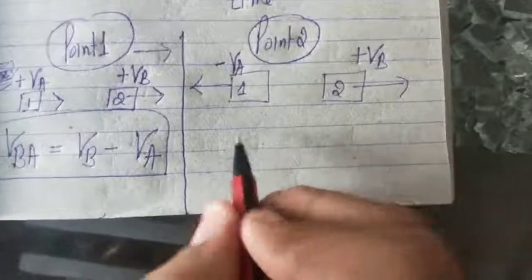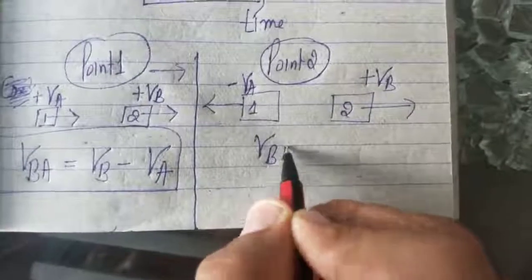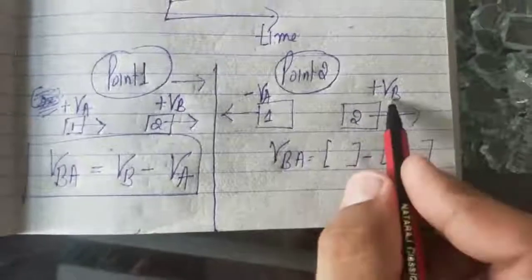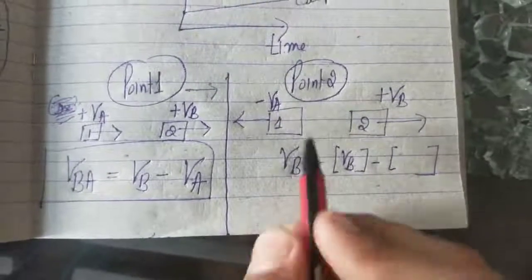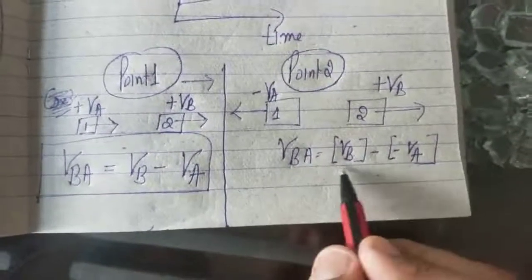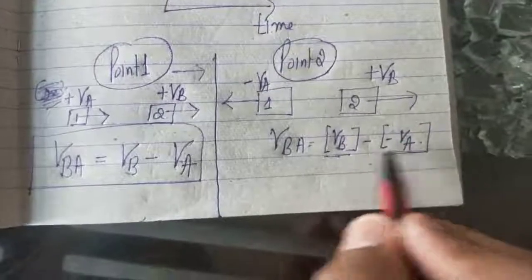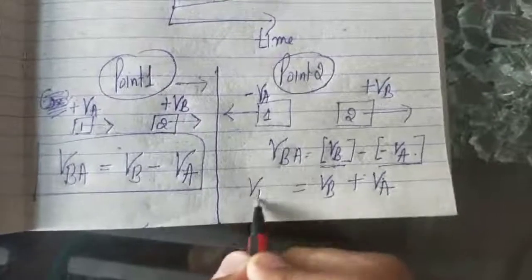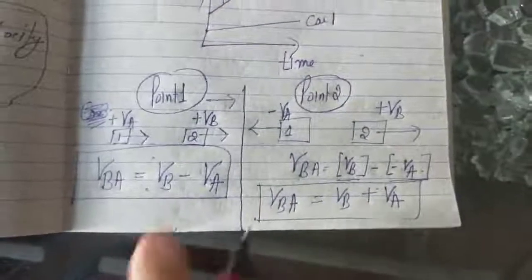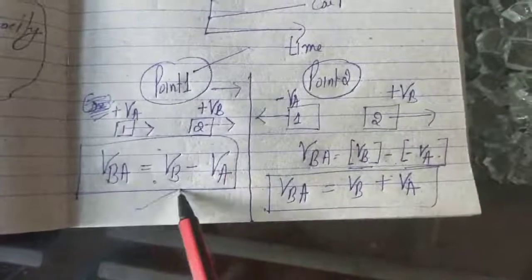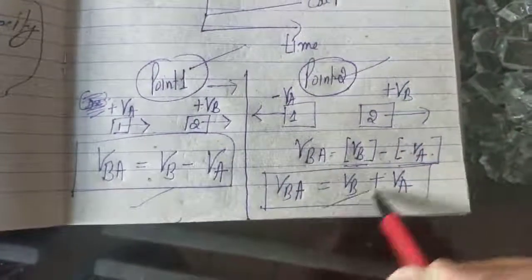So what is the relative velocity of B with respect to A? Velocity of first minus velocity of second. So what is the velocity of first, or B, and what is the velocity of second? Minus VA. So we have put the formula first minus second, minus minus plus, so VB plus VA. So this will give the relative velocity of B with respect to A. The whole scenario changes. Look at the 2 points, VB minus VA, VB plus VA. When two objects are moving in the same direction, then relative velocity is this. When two objects are moving in different directions, then relative velocity is this.